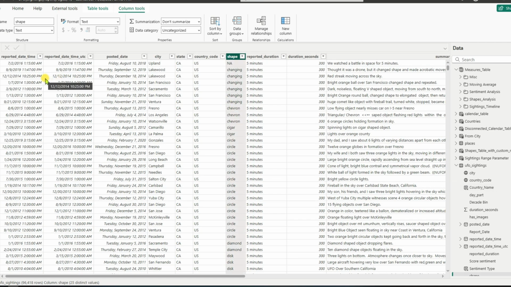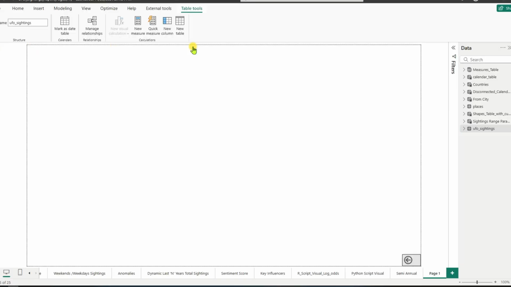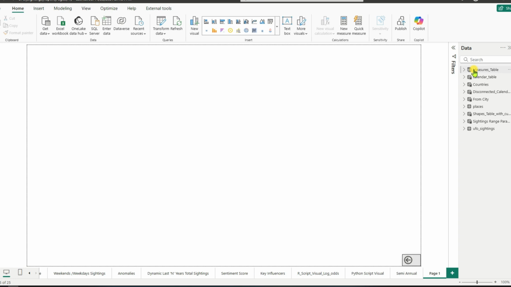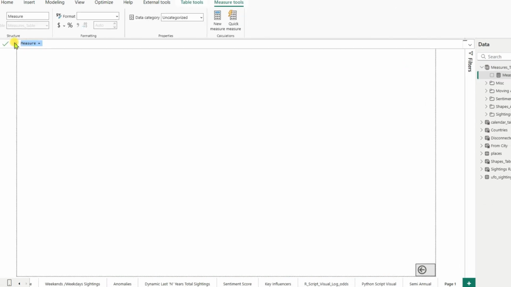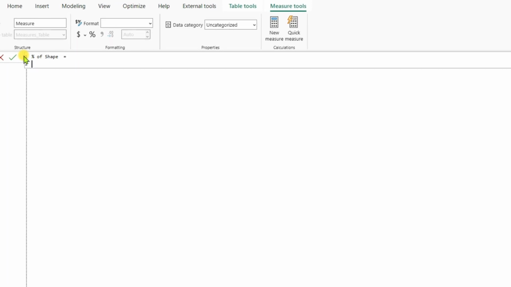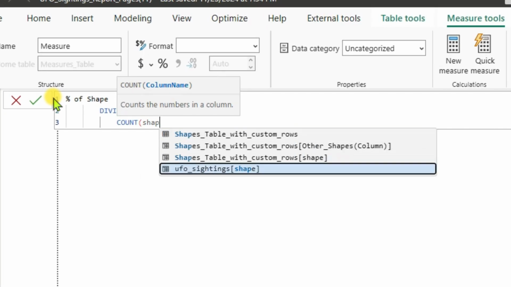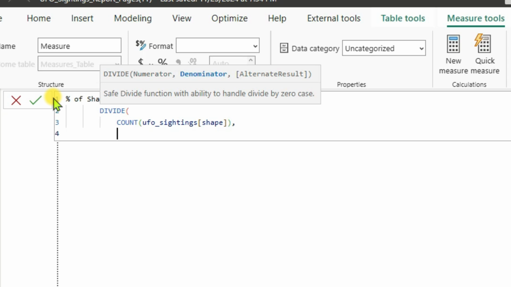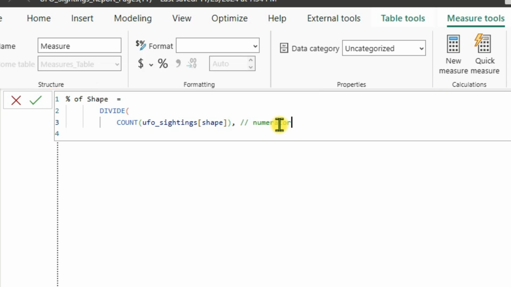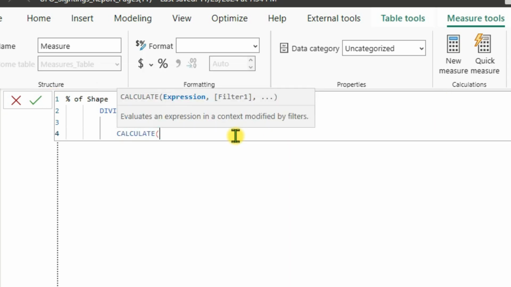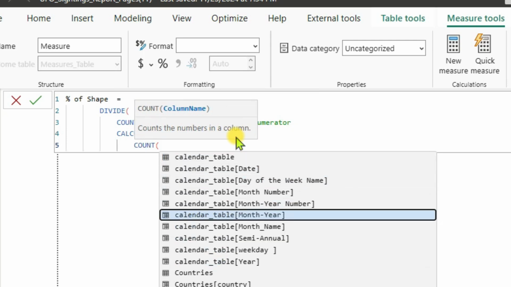So as a first step, let us try to go back to our measures table and right click on it, and it's a simple measure. So we are going to use divide function and we'll name the measure as percentage of shape, and by using divide they expect two parameters, numerator and denominator. For numerator, we'll try to use the count function and count the shape, and the second